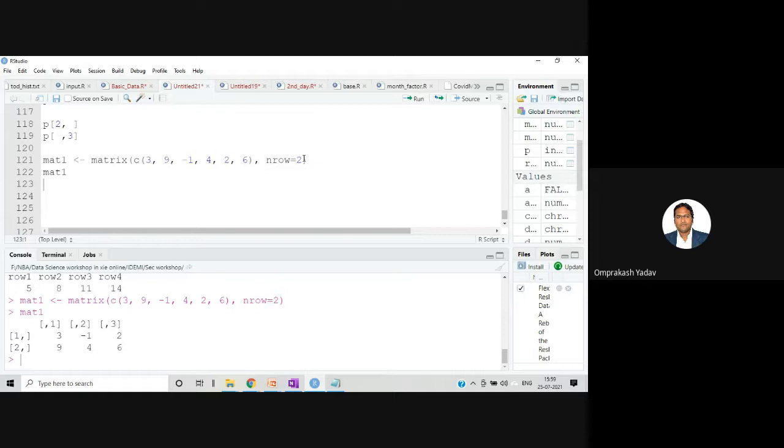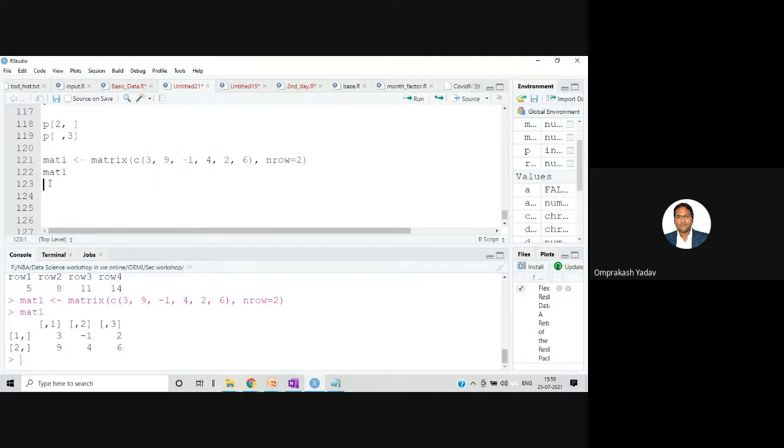By default, byrow is equal to FALSE, and that's why you can see it has laid down the elements column-wise: the first element over here, the second element over here, then the third, fourth, fifth, and sixth elements in this way.